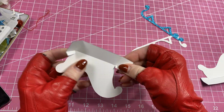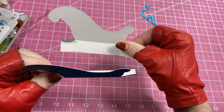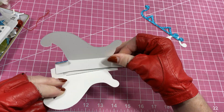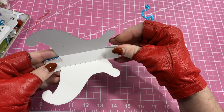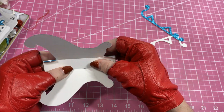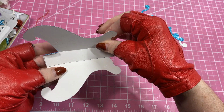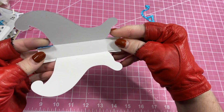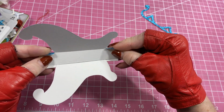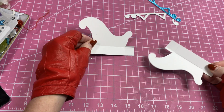Now we're simply going to take this and we're going to put these two sides like so, and we're just going to fit this on here. So we're going to add our hot glue to this little piece right in the center here, and then we're just going to attach this on. You kind of have to work fast with the hot glue to make sure you get it on there before it dries. So we're going to do that. Add our